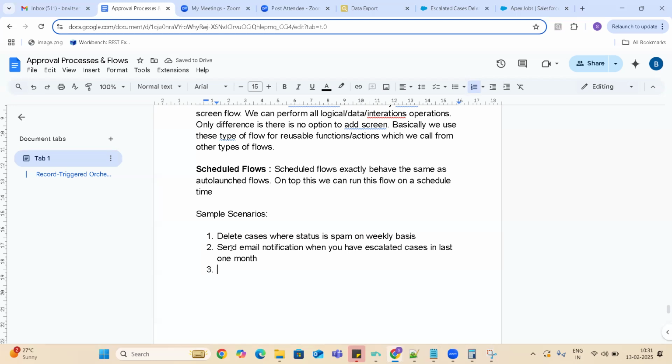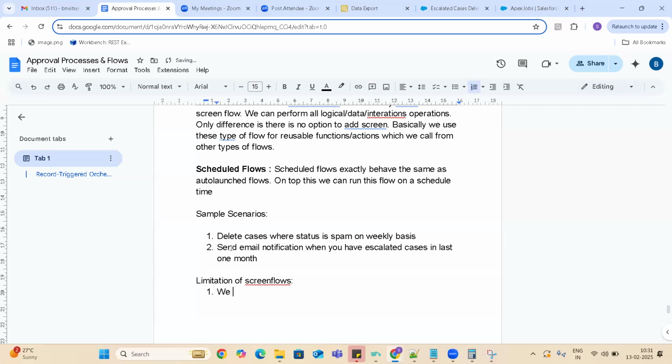These are a few examples, guys, but this has one limitation. Limitations of scheduled flows. If you want to run this flow hourly, it's not possible. That is one of the limits.